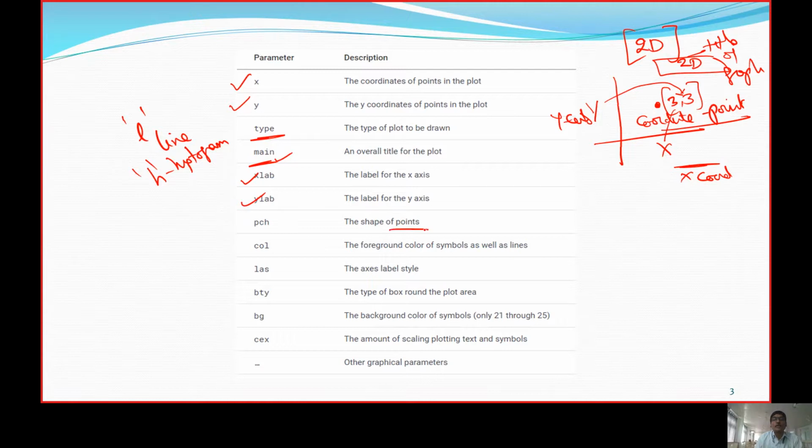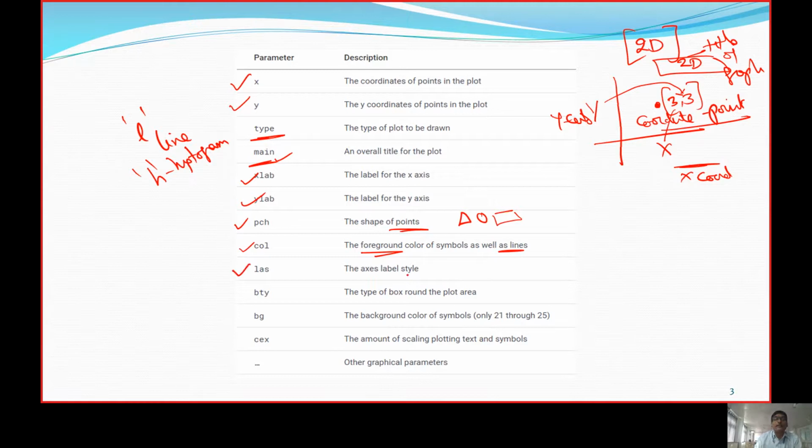Next comes the shape of a point, whether we want a triangle, a rectangle, or a circle. In this way, we put up the shape of the point we drop there, and for that we use pch. And col indicates the foreground color, that is, when we select a line, what color that line should have.